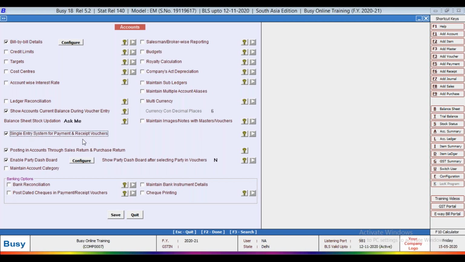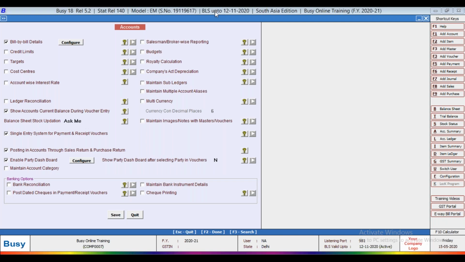Now the next option is single entry system. What is single entry system and how does it work? Basically, single entry system is related to accounting information.